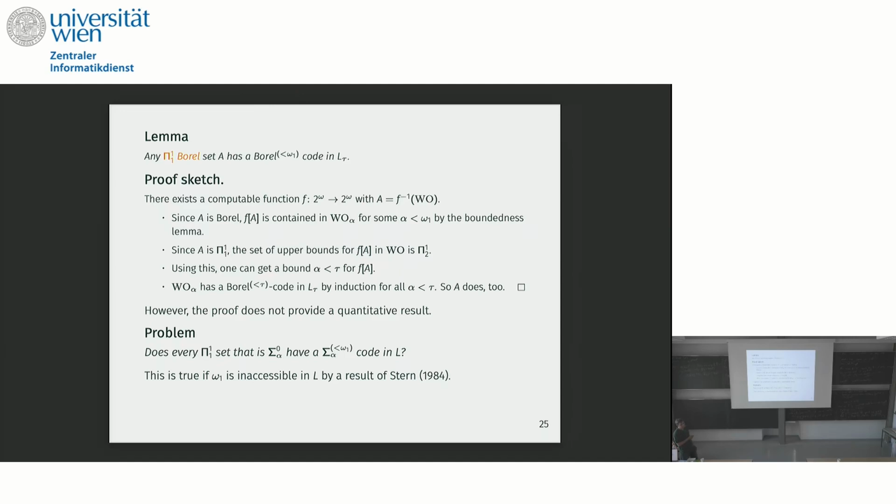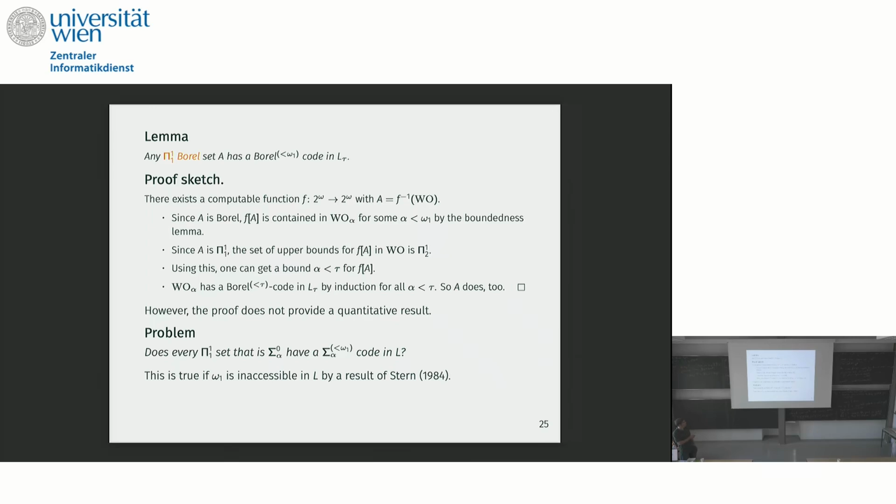And then using essentially the definition of our ordinal tau, we can actually get a bound below tau. And then our set is reducible to actually two well orders of a short length, and that set itself has a simple Borel code. All right, and I also want to mention this proof does not provide a quantitative result,